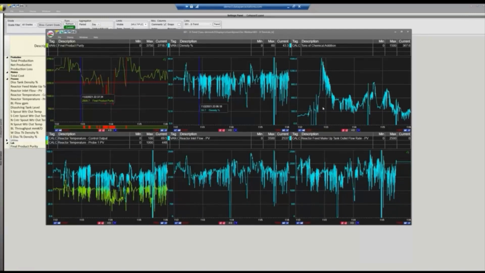And as we do this for basically the same time when we think things start, we'll notice that we have a big thing up there with our chemical additions, but also some things with our reactor feed makeup in the bottom right. So we can see that there's some things with the reactor feed makeup around that same time.